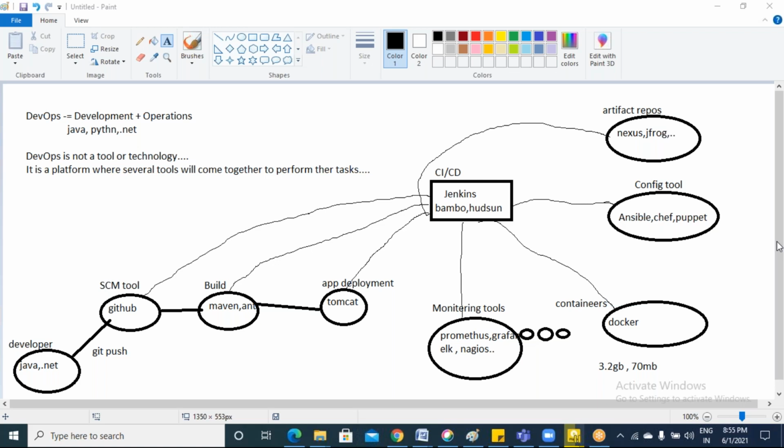Second thing, Puppet and Chef. Chef is completely based on Groovy scripting. So if you want to go with Chef, you definitely must have knowledge of Groovy language. If you know Groovy scripting, you can opt for Chef. If you don't know, then just leave it. Again, Puppet is completely based on Java. So if you know Java, you can go with Puppet. If you don't know Java, just leave that column there itself.